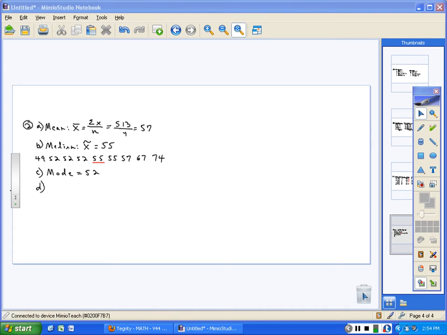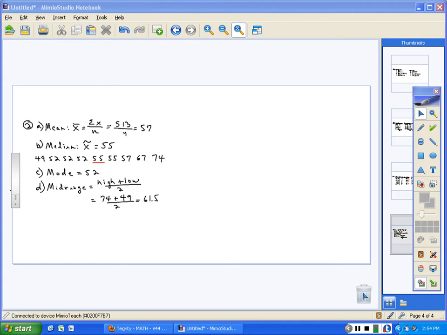Part D is the mid-range. And the mid-range formula is not on the formula card, so you need to memorize this one. The formula is the high plus the low divided by 2. We just had the numbers in order for the median. So the high is 74, the low is 49. You add those 2 numbers together and you divide by 2, and the mid-range turns out to be